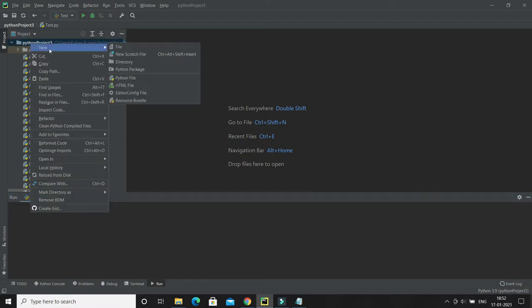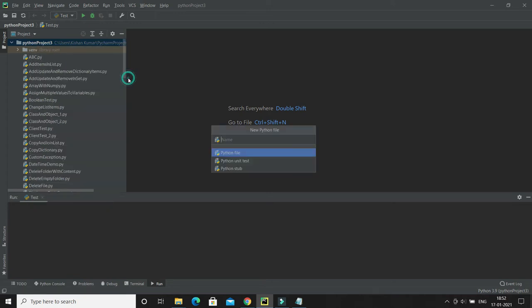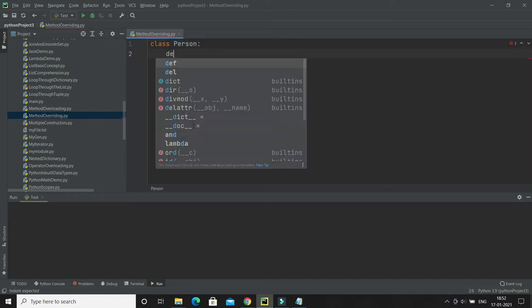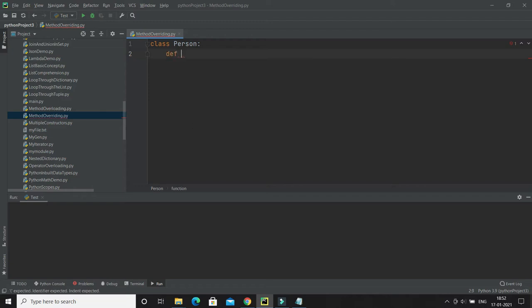So here I'm going to create a Python file, method overriding, and let's say I have a class called Person. The Person class has a constructor, of course __init__, and this constructor has two fields, name and a second attribute, age.